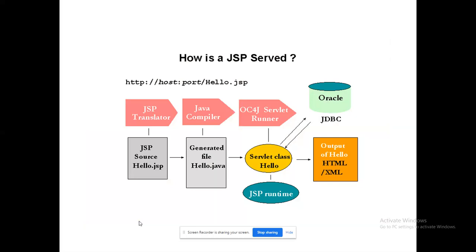In the programmatic way, what are the things necessary for me to run a JSP program? How do we run the JSP program? http://, the host, since you are going to run on the local machine, you can put localhost, and since your server is on the same machine, you use :8080/hello.jsp. This is the way to run the program.